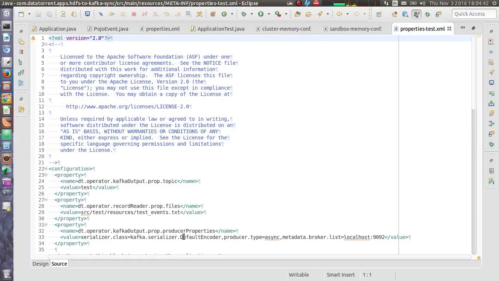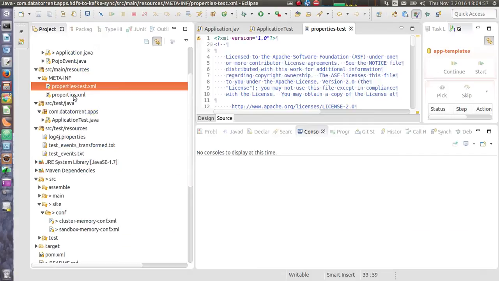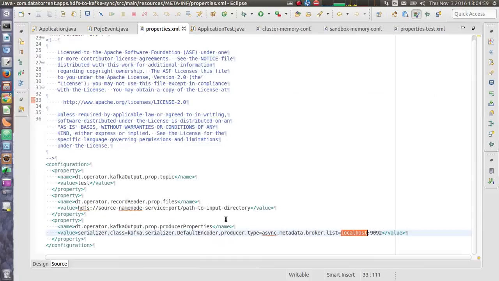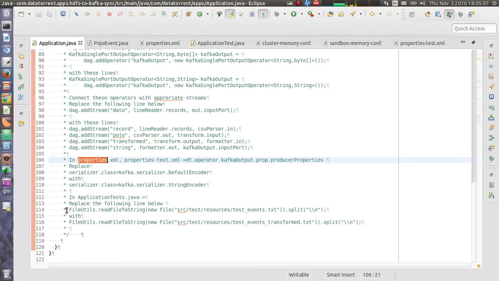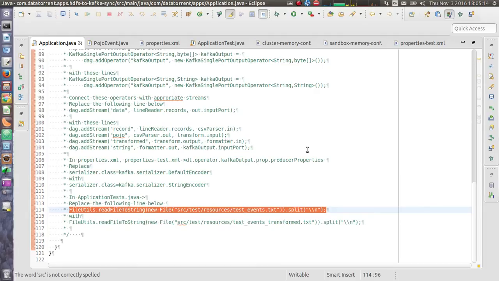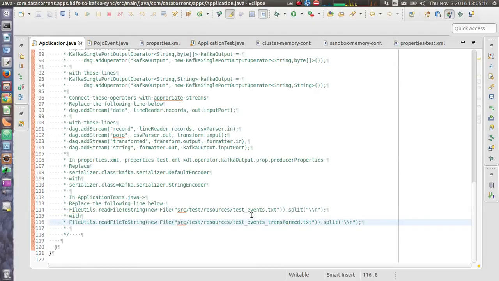So over here, producer properties. Now the serializer is string encoder. And same applies for properties.xml. And the last instruction is that in application test we have to replace this line with something called as test